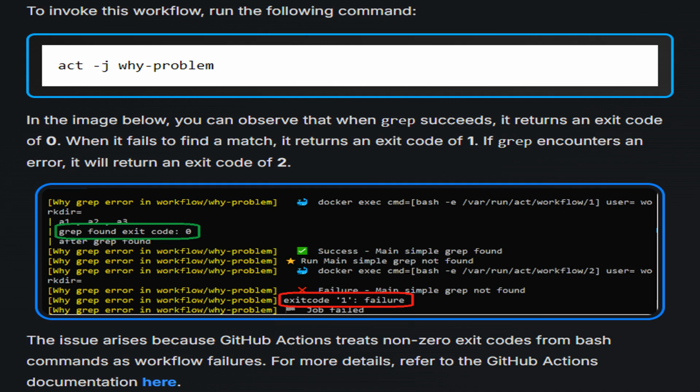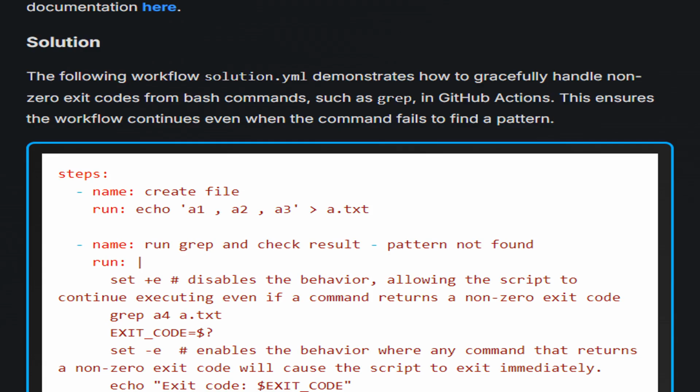This section adds command details for invoking the whyProblem workflow and illustrates how different exit codes, 0 for success, 1 for not found, and 2 for error, affect GitHub Actions execution. This section provides a reference link for further understanding exit codes and error preferences in GitHub Actions,